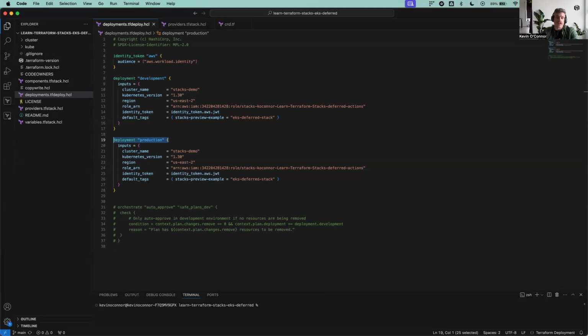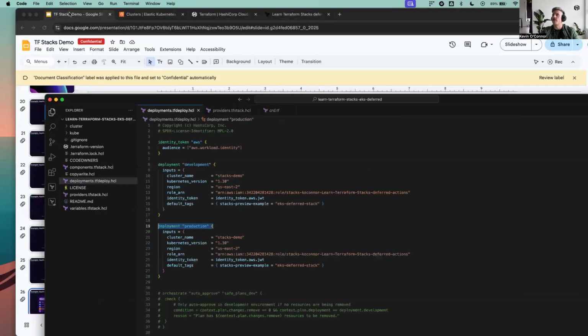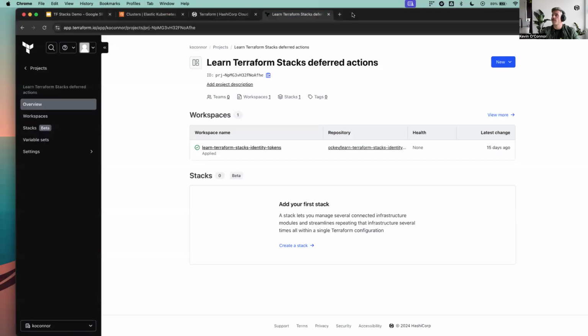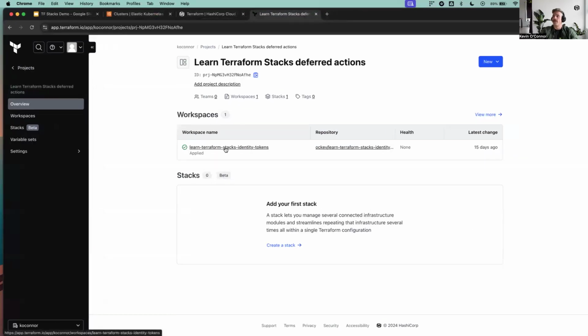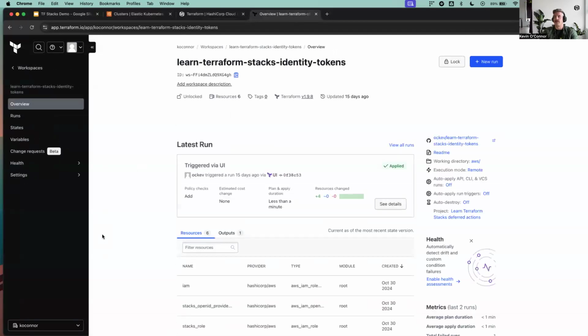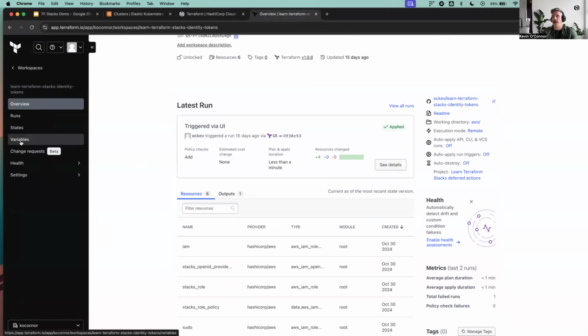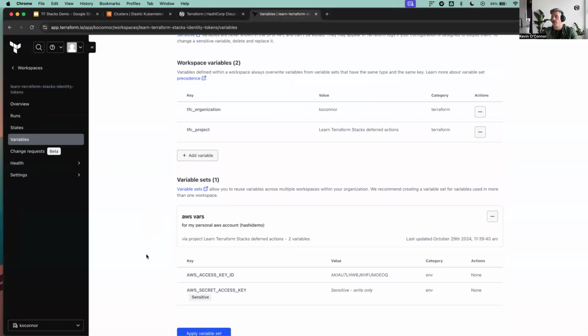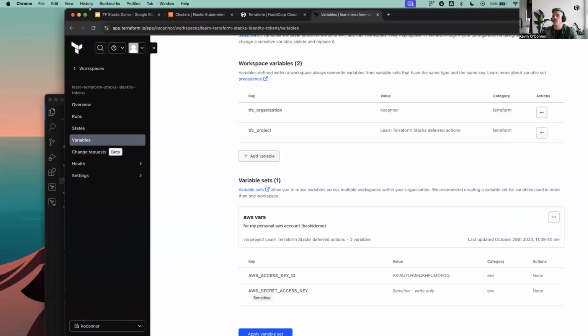And so the way I was able to set up this authentication was first establishing a trust relationship, an OIDC trust relationship between HCP Terraform and AWS. And I actually did this, if we break away for a second and go into Terraform Cloud, within Terraform. So I defined what was needed for the trust relationship to be established. I have variables for AWS access that were used to set up that trust relationship. And then back in our code,